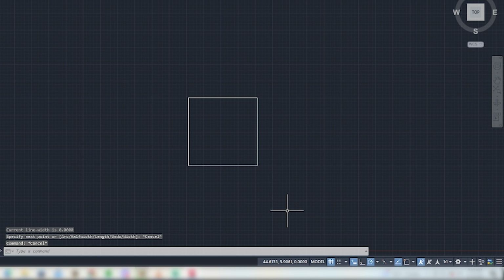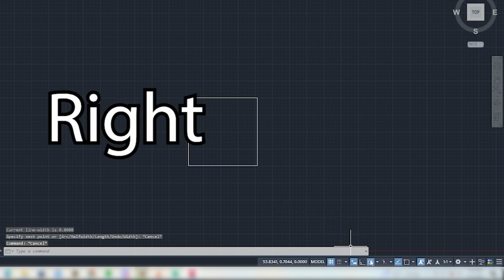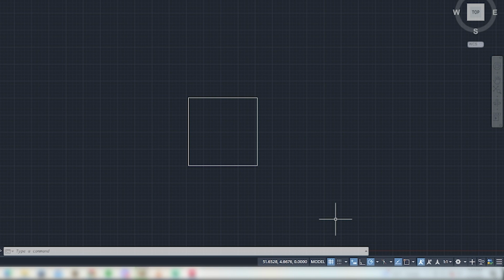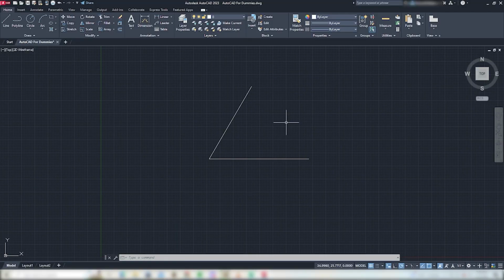Once I've hit OK, I can actually go down to my Polar Tracker, right click, and now you'll see how I have a 60, 120, 180, and 240. This is really good for like civil work, especially since a lot of like parking is either going to be a 90, 45, or 60 degree angles. I use it mainly for that 60 degree angle parking. We'll never have 45 degree. It's too small a parking space.